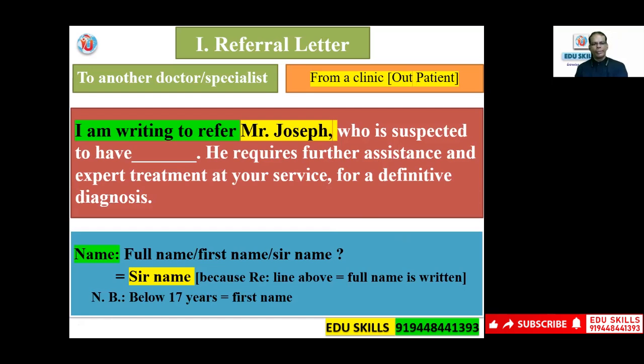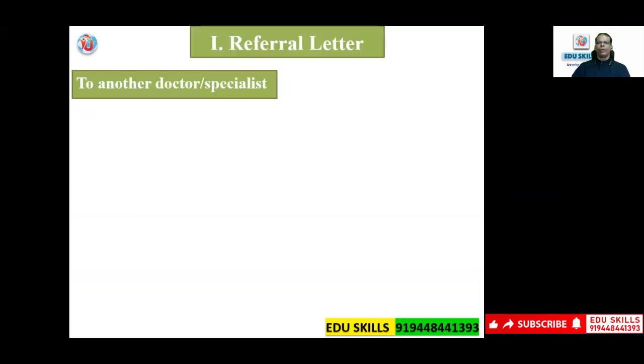And if they are below age 17, the minors, definitely you can use the first name. That's the general principle, not only for OET. Anywhere you write or address people, even when you speak to somebody abroad, in European countries, you have to use the surname unless they give you permission and tell you, you can call me Salim, or you can call me by my first name. They have to give you the permission.